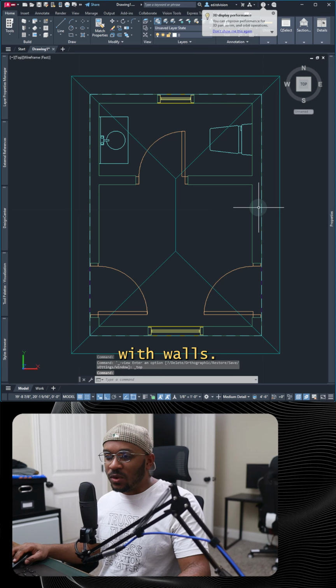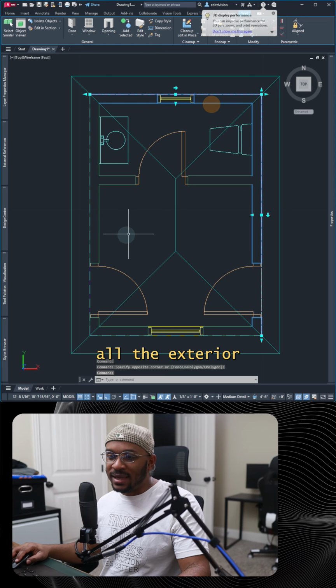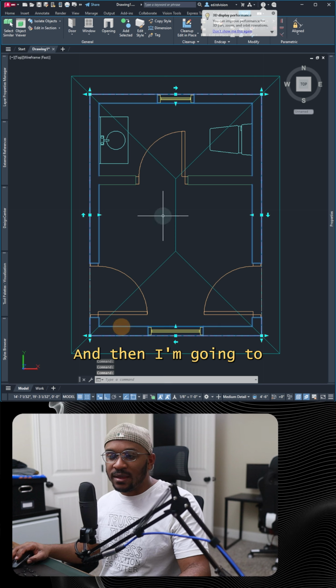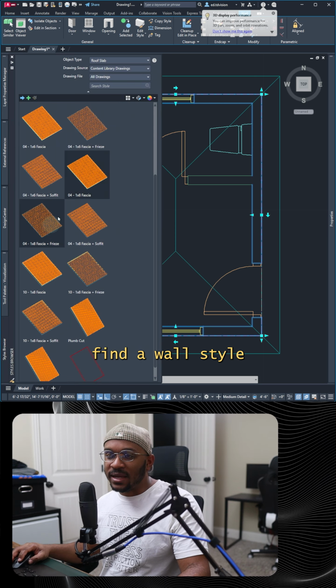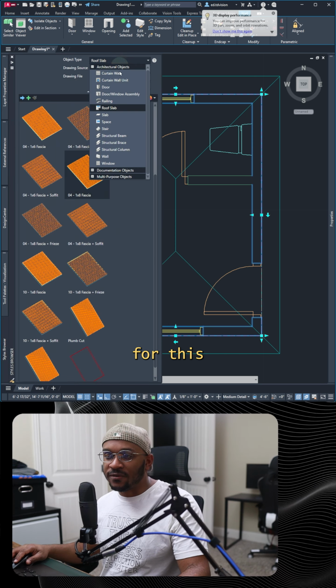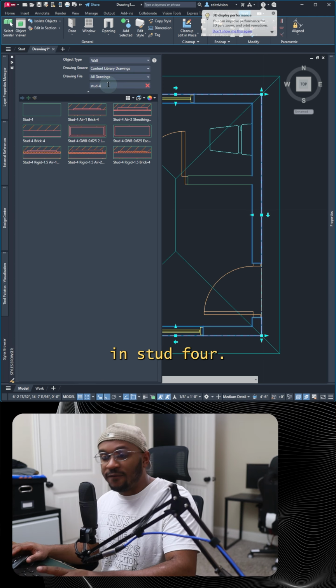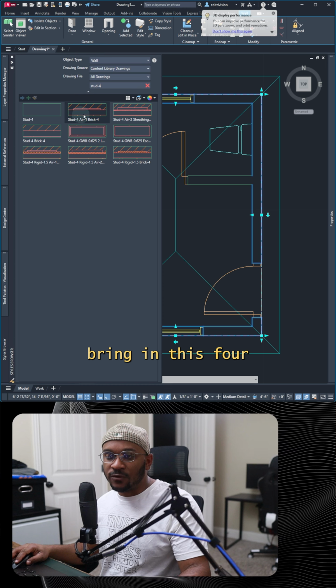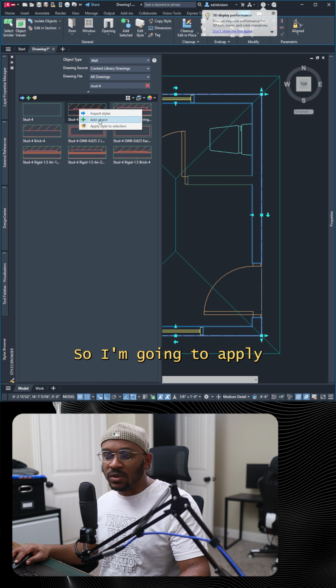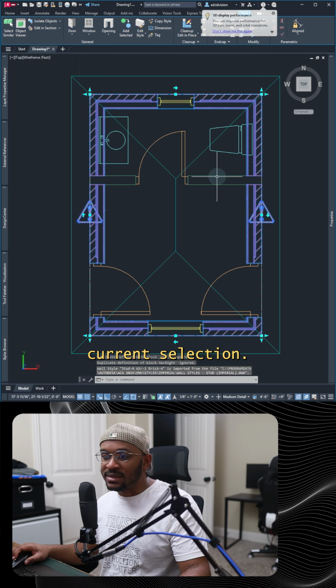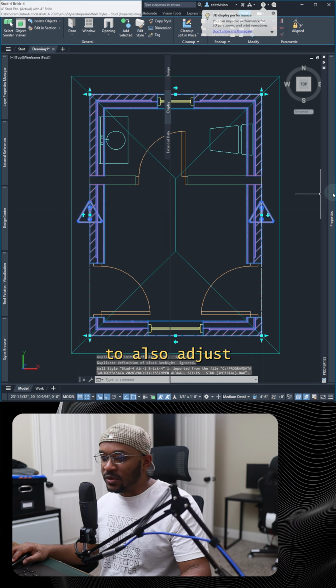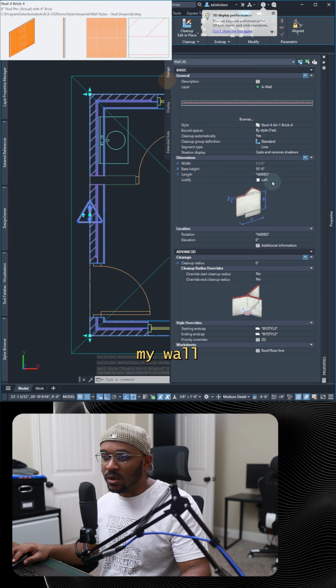So let's begin with walls. I'm going to select all the exterior walls first, and then I'm going to find a wall style that would work for this particular project. And I'm going to type in stud 4, and I'm going to bring in this 4-inch stud wall. So I'm going to apply that to my current selection,